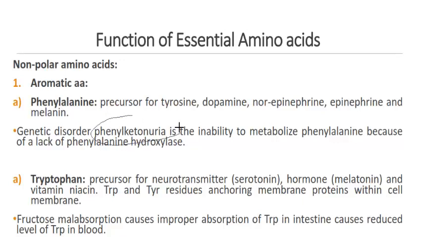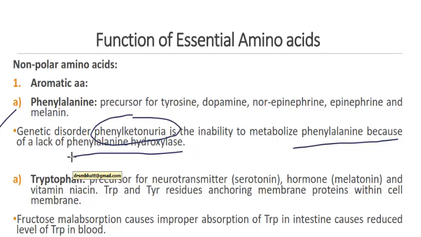Many times this has been asked in the CSIR examination. Not only CSIR, DBT, ICMR, every examination they are going to ask about phenylalanine hydroxylase. What is its function? Because phenylalanine hydroxylase is lacking, they cannot utilize the phenylalanine amino acid. Because of this essential amino acid, there is a genetic disorder called phenylketonuria, right? And if you are talking about tryptophan,